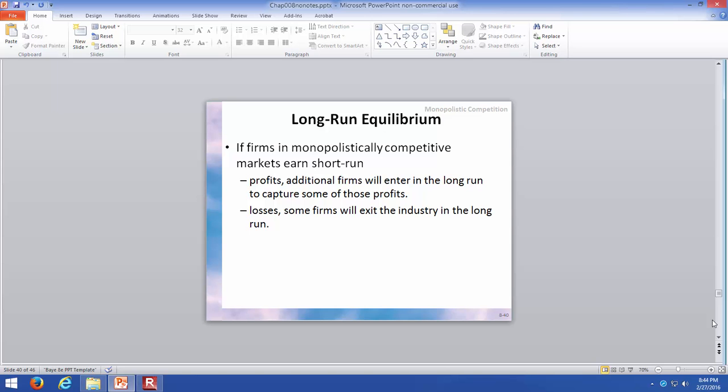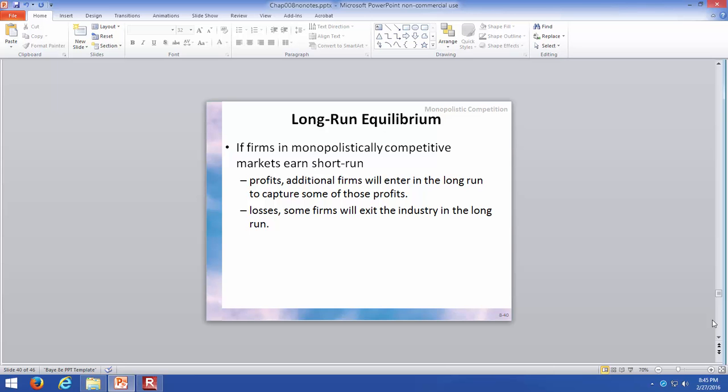Now, what is the profit maximizing rule? To maximize profits, a monopolistically competitive firm produces where marginal revenue equals marginal cost, and the profit maximizing price is the maximum price per unit that consumers are willing to pay for the profit maximizing level of output. And here the profit maximizing output Q star is such that marginal revenue of Q star is equal to marginal cost, and the profit maximizing price is P star equals P of Q star. Okay, so here